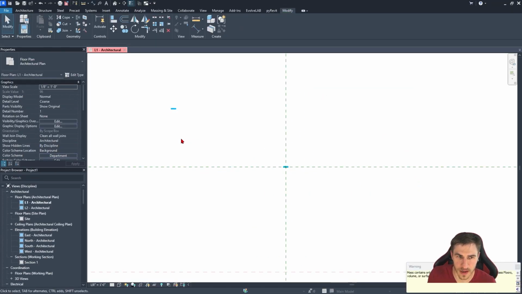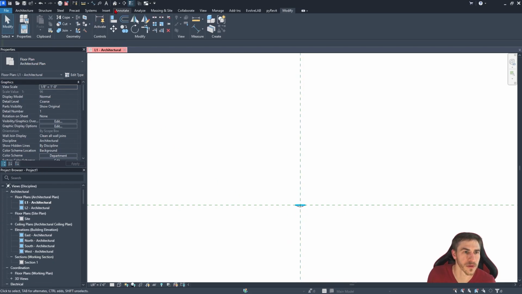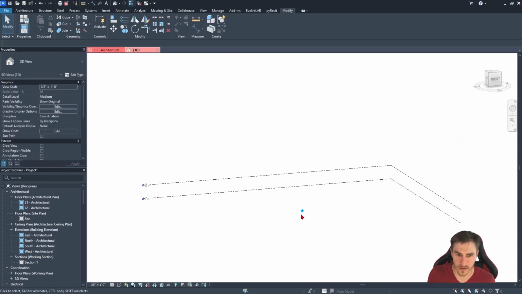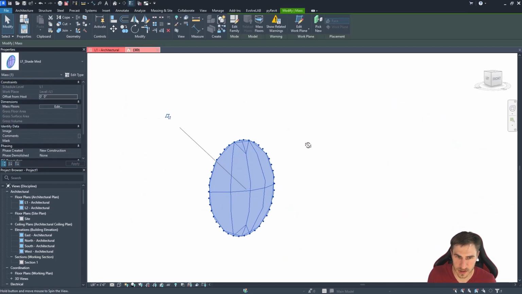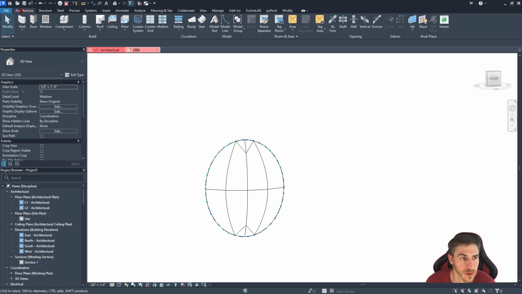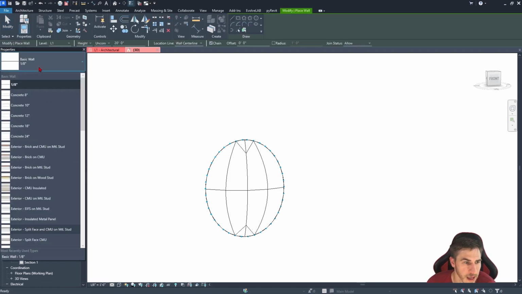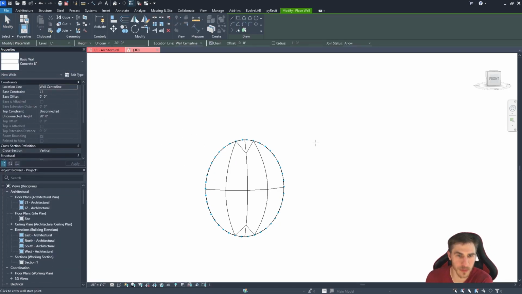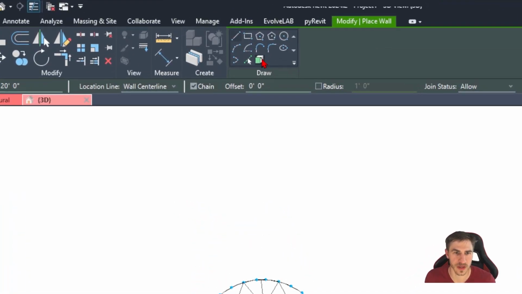Cool. So that looks good right there. And if I go to a 3D view, of course don't want all of those, we can see it right there. So this is great. That's exactly what I wanted. It looks really good. Okay, so now what I need to do is I can go up to architecture and then wall, and I can just choose any basic wall, but then the tool we want to use specifically is